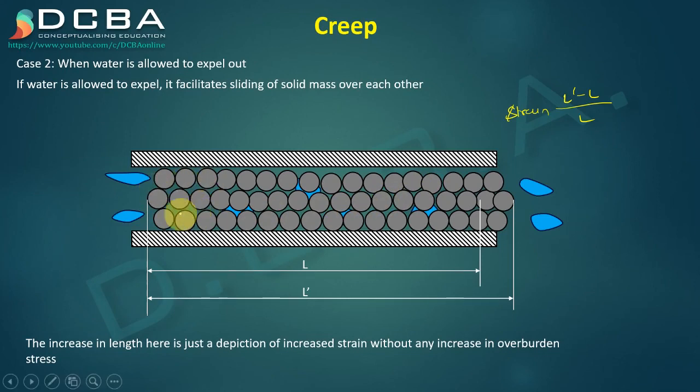There was no build up of stress, but the strain happened in this system. Right, so the increase in length here is just a depiction of increased strain without any increase in overburden stress. So this is just a very simple example to show you how creep exactly